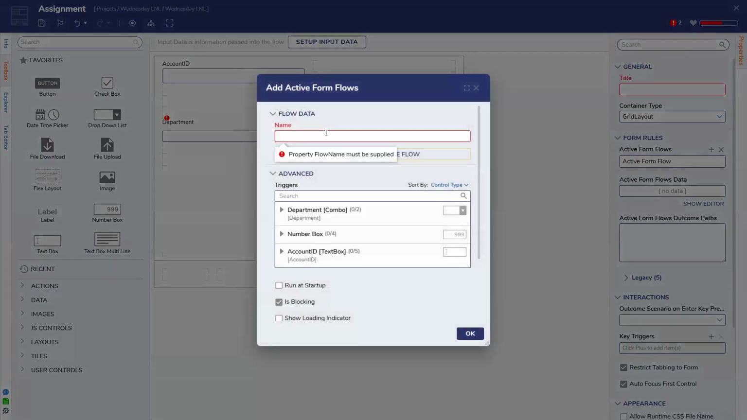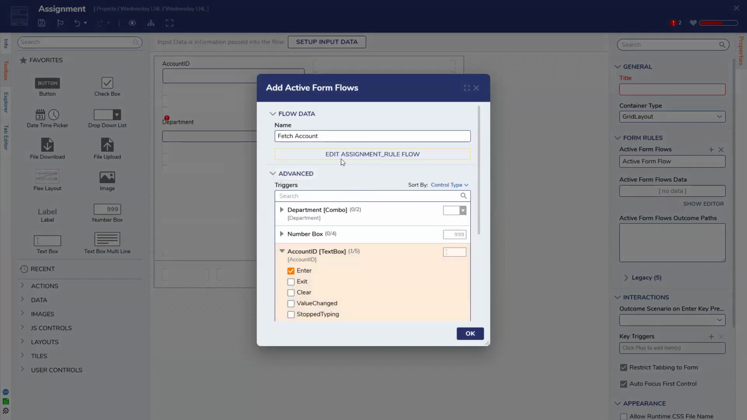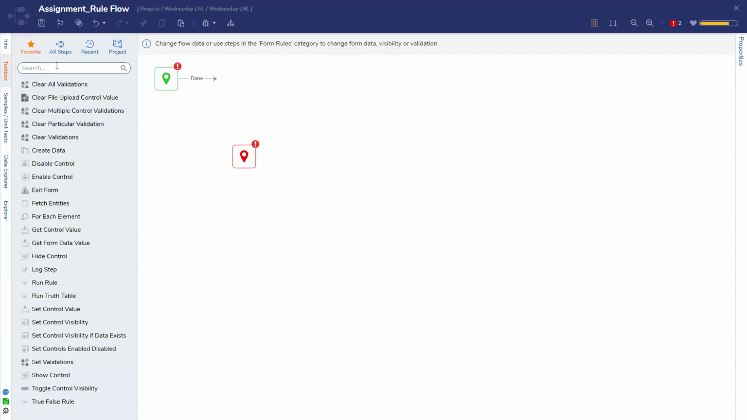So active form flow, fetch account. All right. And then every time there's account box, you can do it when they enter it, when they exit it, clear it, whenever they change the value. I'm just going to do enter for this one, but you can change how that triggers this action. And then you would use a fetch entity step